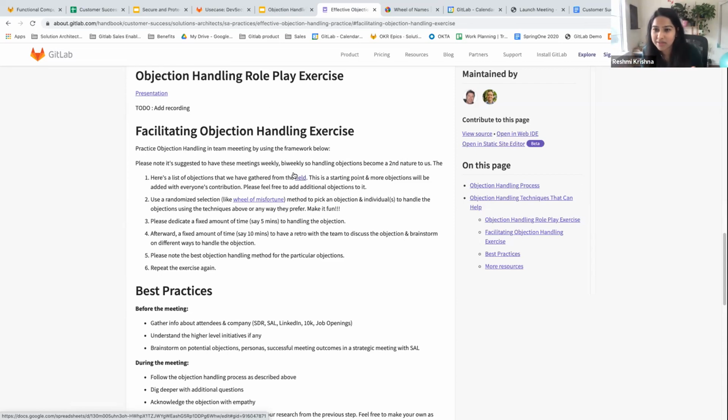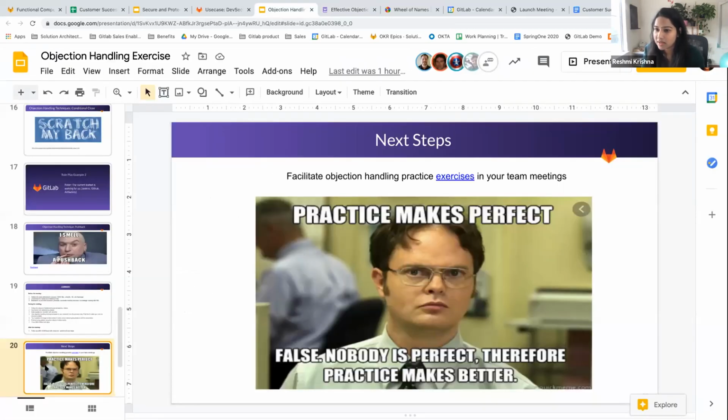Given, let's say, 5 minutes, they will handle the objection, and then we will have the rest of the team give feedback. The objective of this exercise will be to come up with a list of objections that we see pretty frequently from our customers, and then to come up with really great responses that we can distribute to the field, right? So we're not reinventing the wheel. So that's something we'll be doing. We'll be starting with the US Enterprise, EMEA, APAC, all of the SA teams. And I'll be happy to collaborate with the other CS teams as well to do this exercise, right? So now going back to my slides.